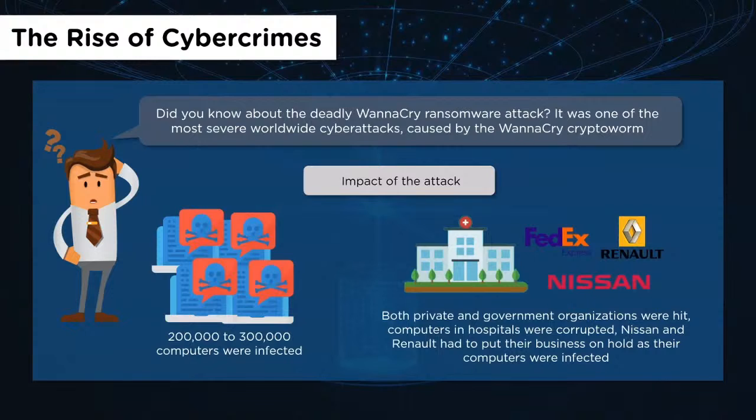So what was the impact of this attack? Around 200,000 to 300,000 computers were infected. It sounds like a small number of computers when you're talking about the global volume. However, the services that it affected were very huge. In the UK, it was the National Health Service, and the appointments of the patients were postponed. FedEx, Renault, Nissan, all of these organizations got compromised, and the production lines basically shut down for a few days till the data retrieved from backup was restored. And then they tried to bring everything back to normal. This shows what a huge impact the WannaCry attack had on the world.